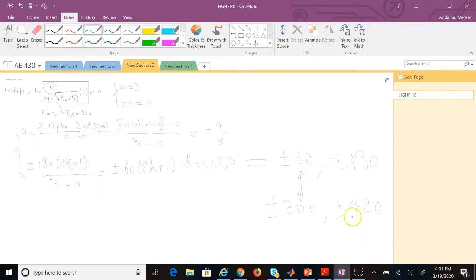So those are the same thing as these guys. So these angles are the same as that, and those are. So these are not going to contribute any new angle. So these are nothing new. So it's just plus minus 60, and plus and minus 180 are the same thing. They are the same angle, right? They fall on each other. So basically all angles I have is only plus minus 60 and positive 180 or negative 180, doesn't matter, right? That are all angles that I have for the asymptotes, 3